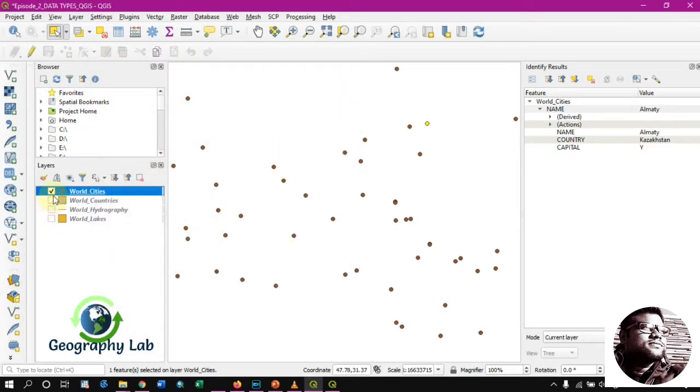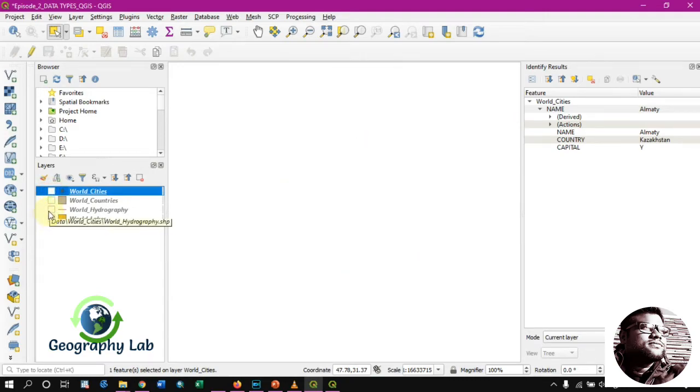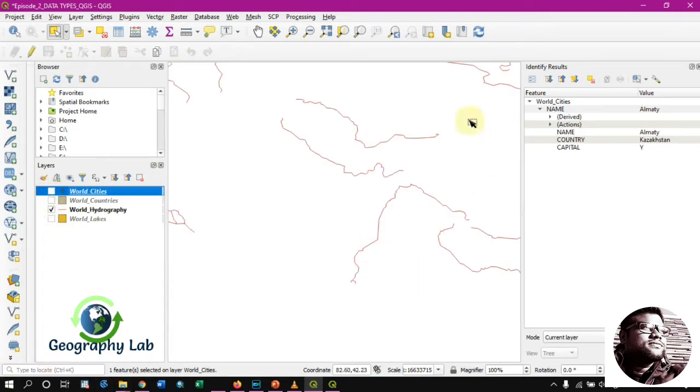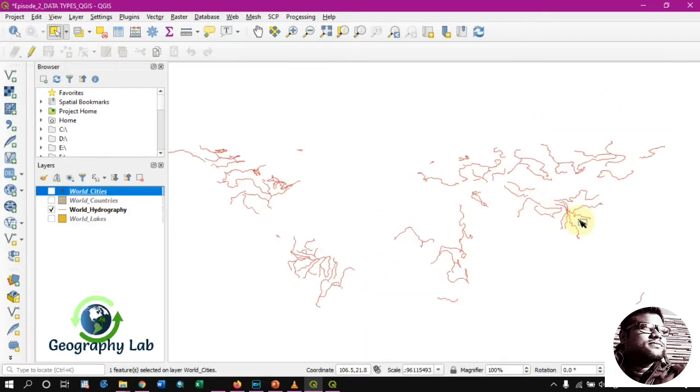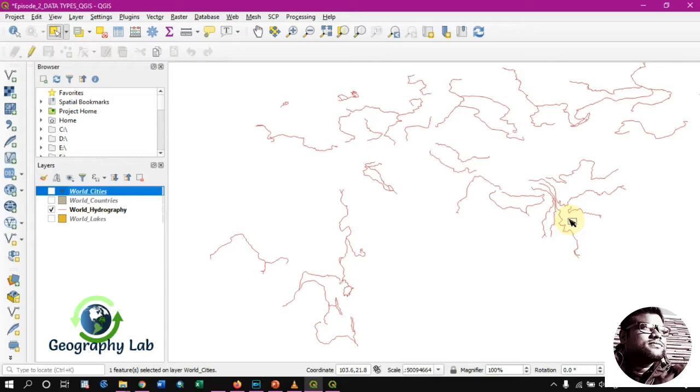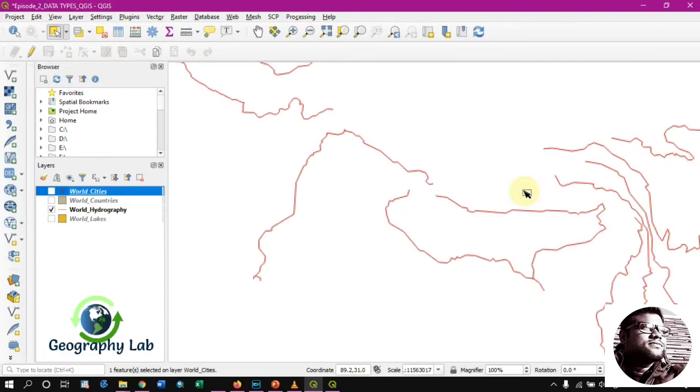Okay, now coming to the second kind of data, that is the line features. These are the major rivers throughout the world. A river is a linear element which has the length function, or distance measurability.